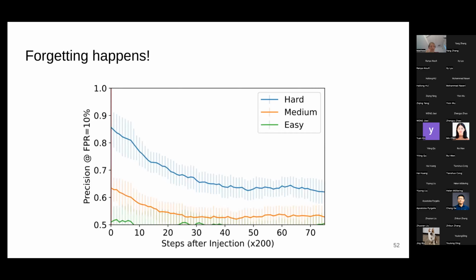And so this is just saying that this effect does actually happen, and the extent to which it happens is what you need in order to make a decision about this. For example, if you're not okay with 60% membership inference precision, then at 14,000 steps after the injection, the hard examples still give you more than 60% membership inference precision. So this wouldn't be good enough for you if that was your cutoff. But you might expect that if you continued even further, I don't have the data for that, this would go down even more.